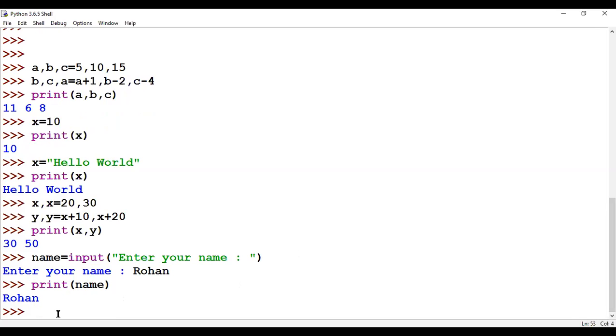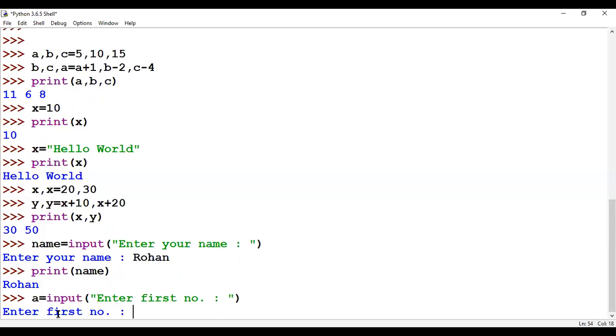Clear? Suppose that you want to take an integer value. Suppose a equals to input, enter first number, like 5.